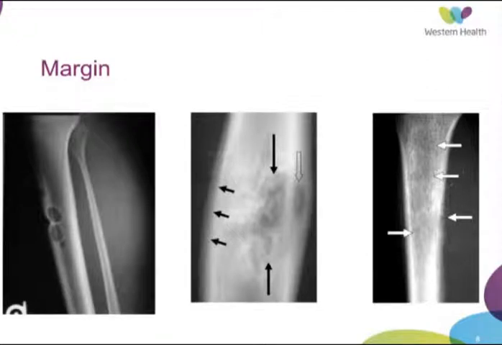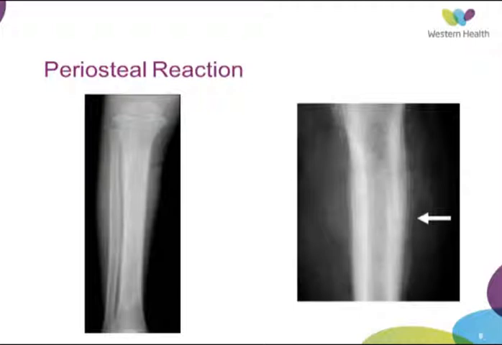And then the next thing we have to look at is the periosteal reaction. You can get this lamellar lifting of the periosteum, which is very narrow. Then looking here, you can see that there are separate, different layers of the periosteum. There's a periosteal reaction in layers. Again, we're progressing from less aggressive to more aggressive. So it's important when assessing an X-ray that you look at the margins and the periosteal reaction. And then